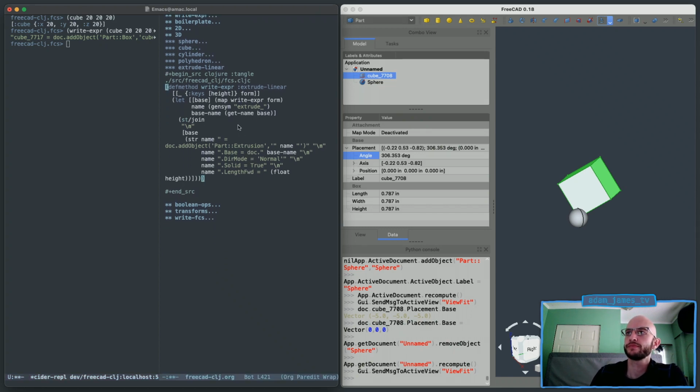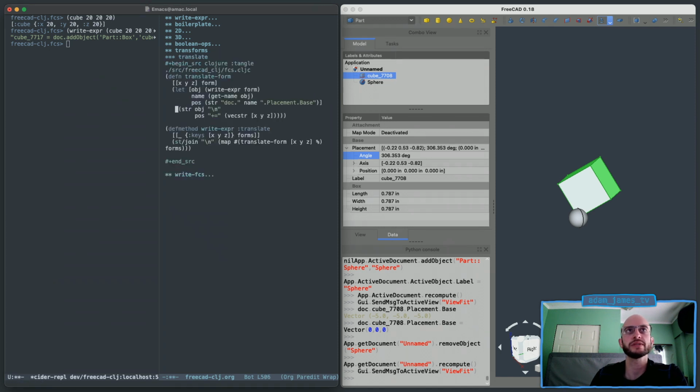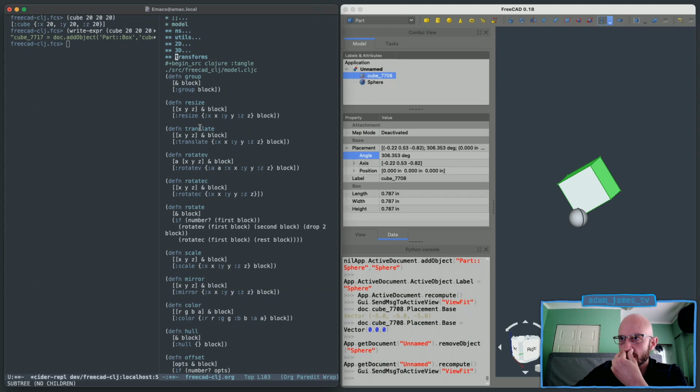Let's see. Let's find the right spot to work on this. Translate. Let's see. Split. Rotate. Here we go. Power edit's back on. Def method rotate. Now rotate model has